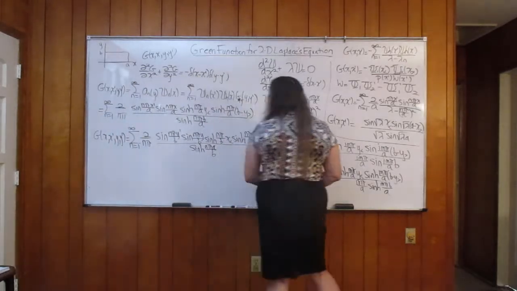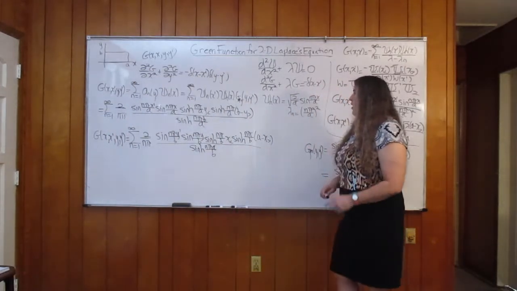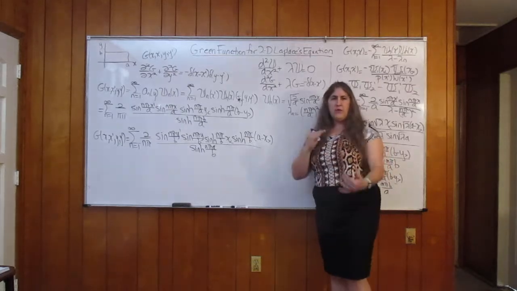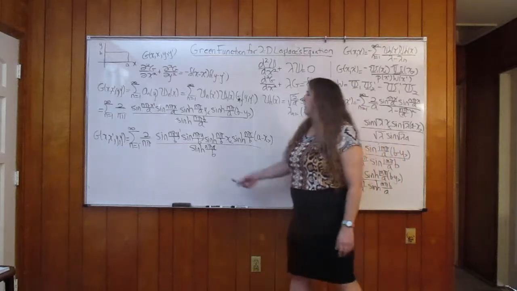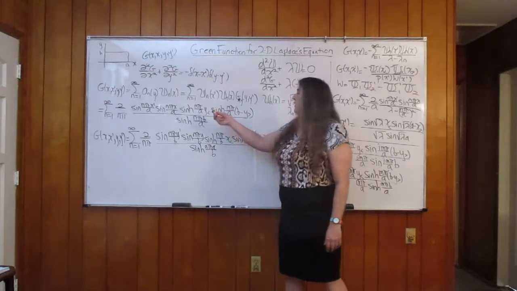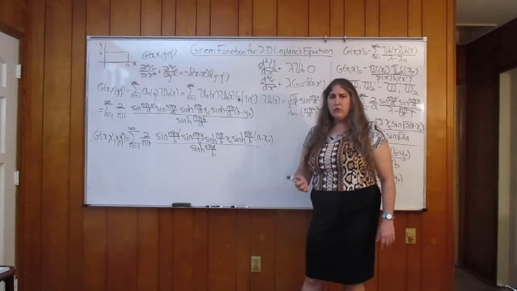So to write down the equation without actually going through the derivation, all I need to do is just replace or swap the x's and y's and then swap the a's and b's. So therefore, the second representation, if we had expanded in terms of eigenfunctions that were a function of y instead